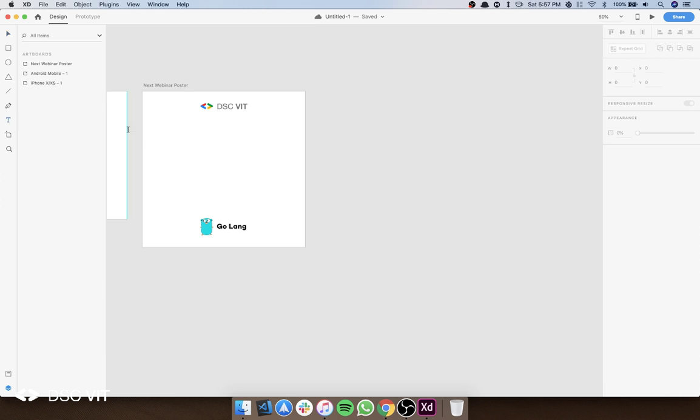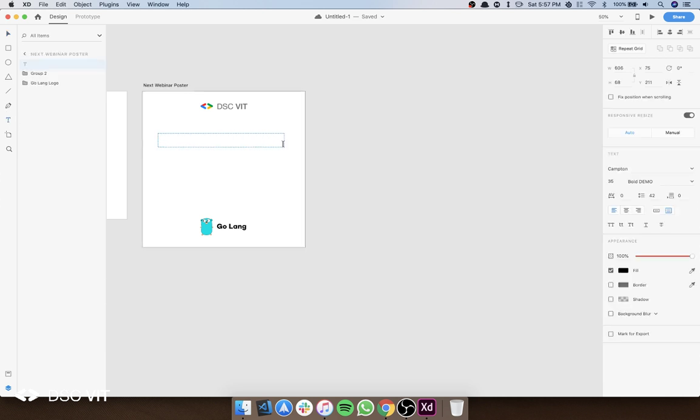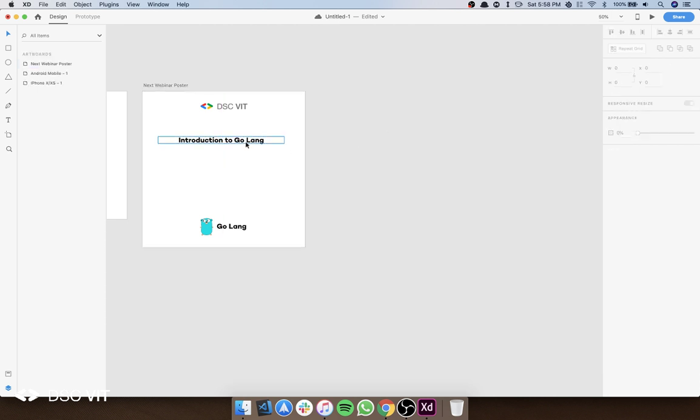So let's put in a text heading right here and type it as Introduction to Golang, okay? And you can align text, as you can see right here under the font size. There are the normal alignment icons that are there in Word as well. So you click on the icon and it comes right in the center, right? So Introduction to Golang,